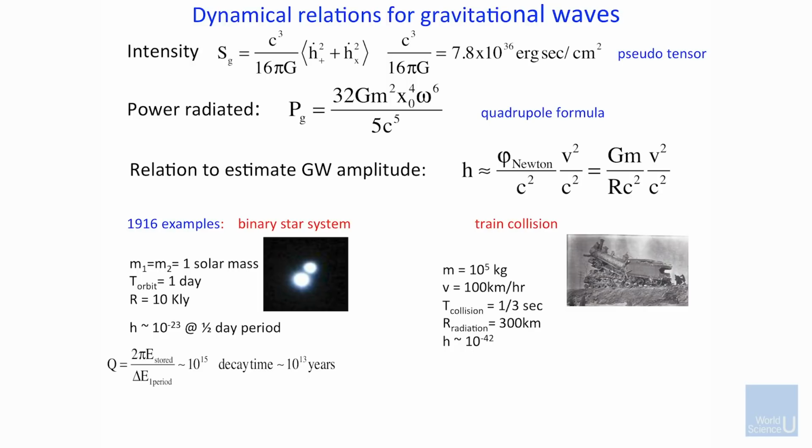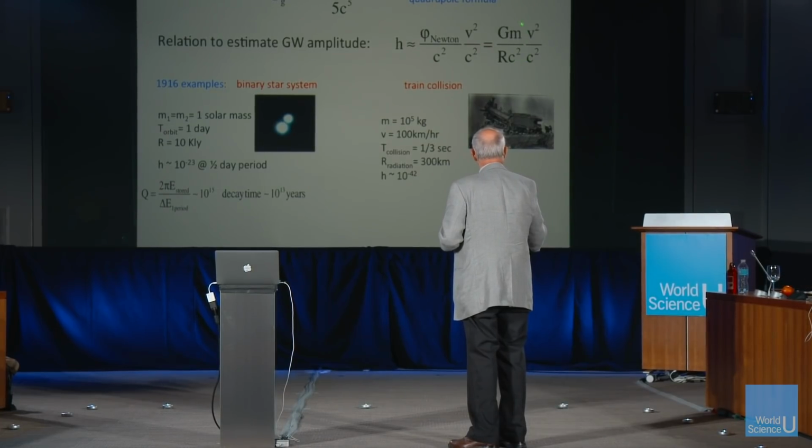This is if you want to estimate for yourself how big h is, if you just want to put some parameters in. What it is, if you have some system that is moving, and we'll get to it, and it has a mass m, this is the Newtonian constant of gravity, G, in any units you like, but you have to use them compatibly, and r is the distance you are away from the source, and c is the velocity of light squared. So this quantity, GM divided by rc squared, is a dimensionless quantity, and that's fundamental in gravitation.